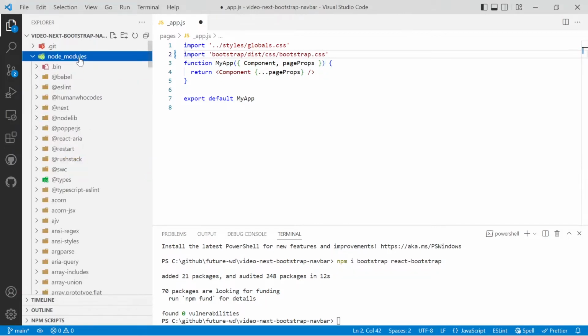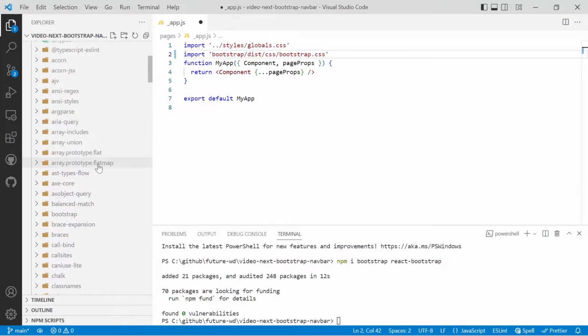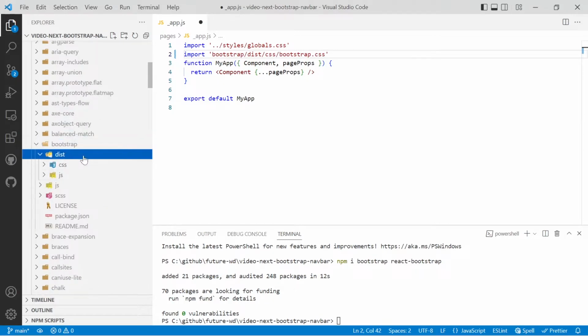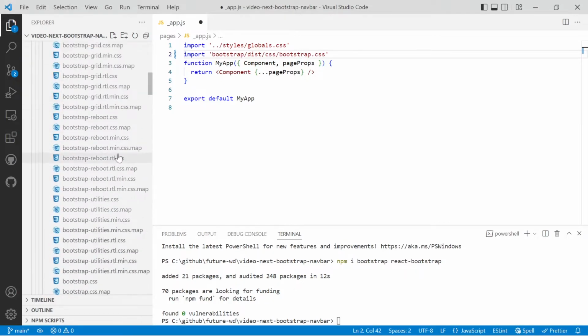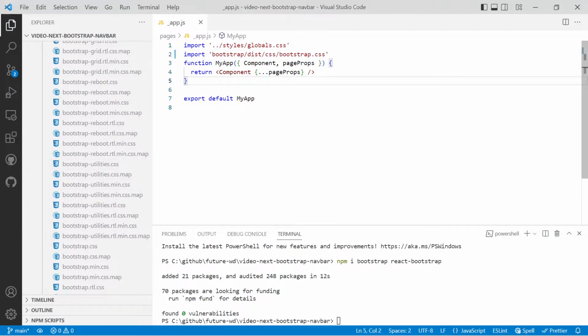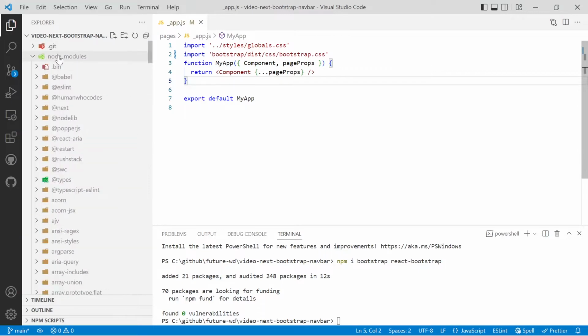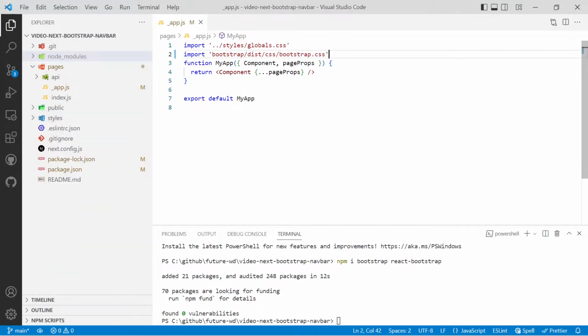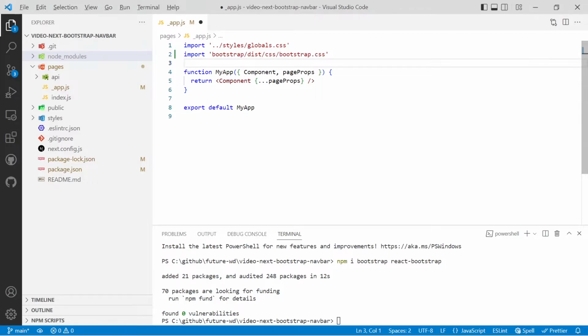If you're not sure where that comes from, if you go into your node modules folder and look for Bootstrap, you'll see we have the dist folder, CSS, and then if you scroll down you'll find bootstrap.css. So I'll save that. So now whenever any page on your website is run, the Bootstrap CSS will be imported,